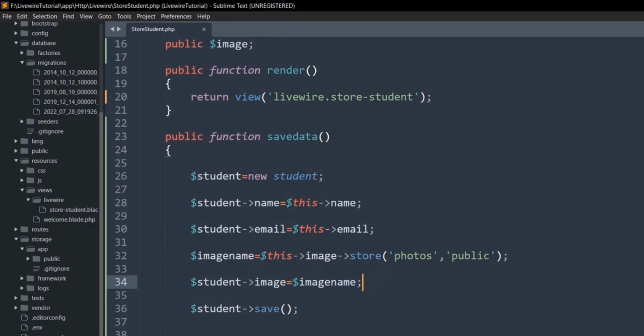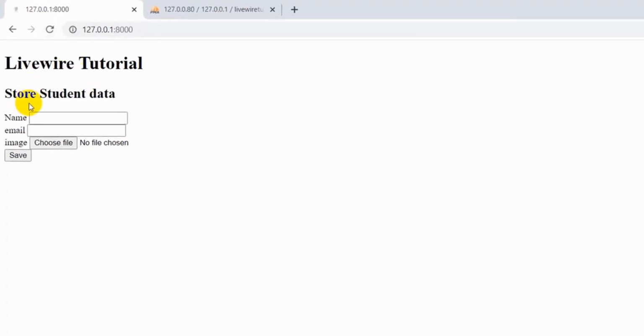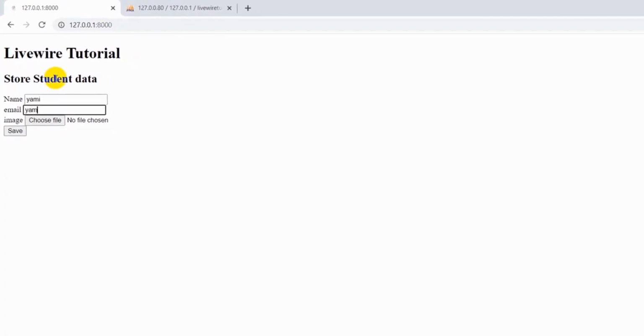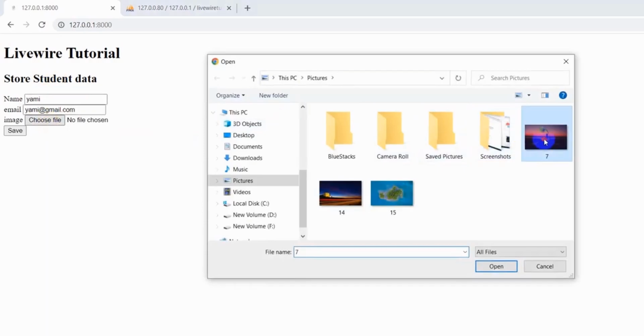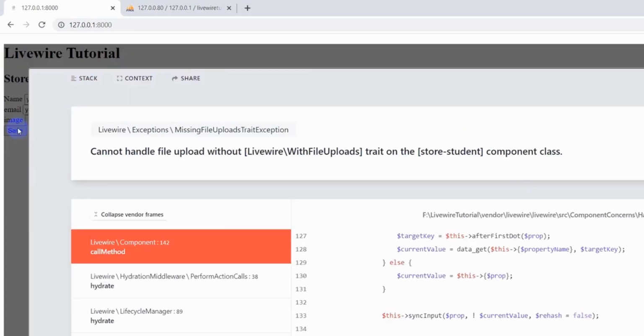So right now, if we save it and refresh here, let's say here name Yummy, email yummy@gmail.com, and let's choose the image from here. Let's choose this one, open. And if I